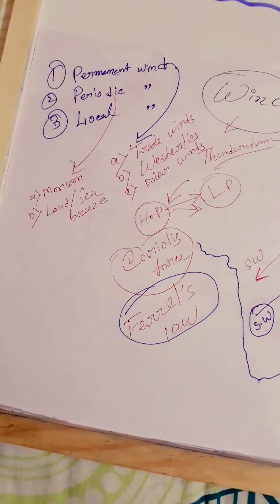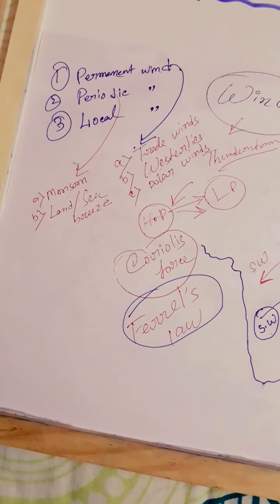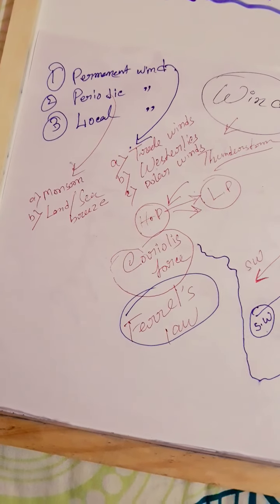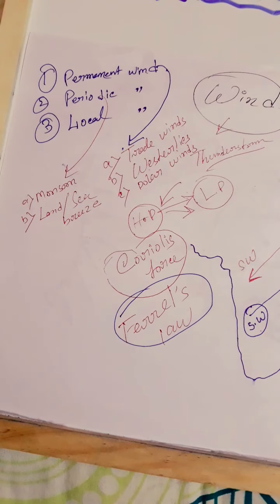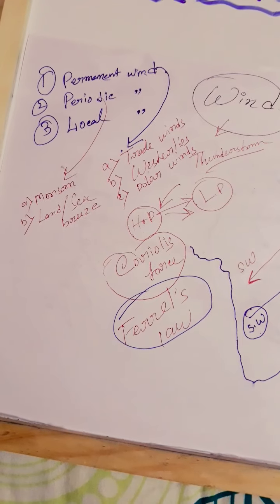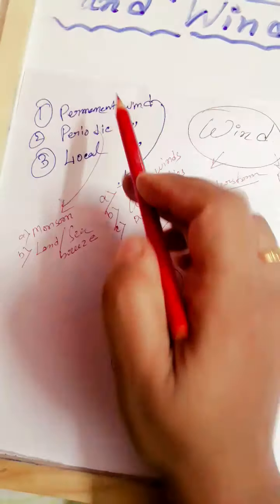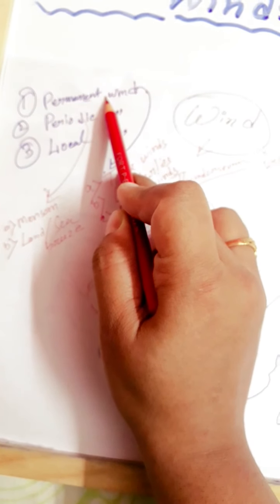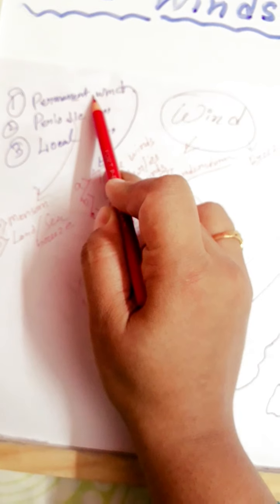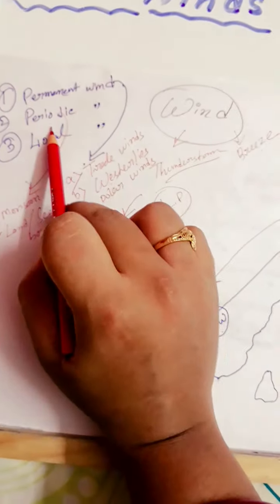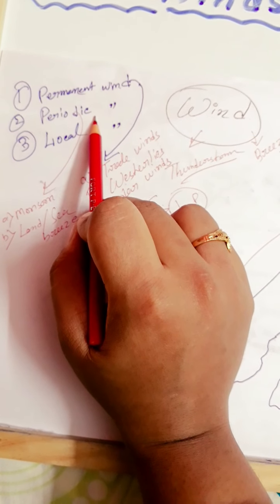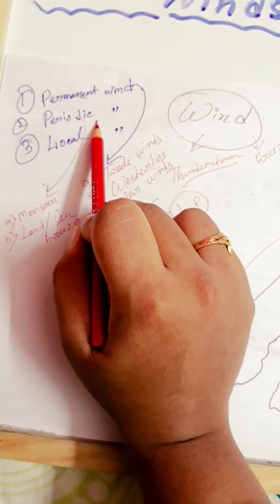This type of wind blows without fail at a certain time of the year or day, but they do not go on permanently like the planetary winds. Seasonal winds can change their direction suddenly or deflect from their original path. This is the main difference between permanent and periodic winds, because we have read that permanent winds always blow throughout the year in the same direction, but periodic winds can deflect from their original path because of seasonal variations in temperature or pressure.